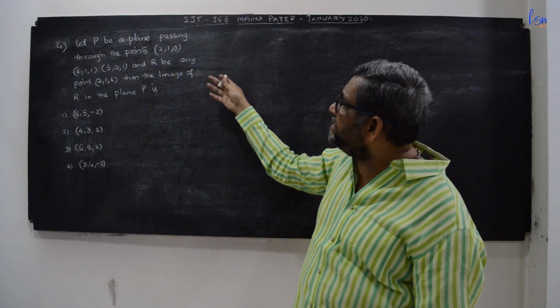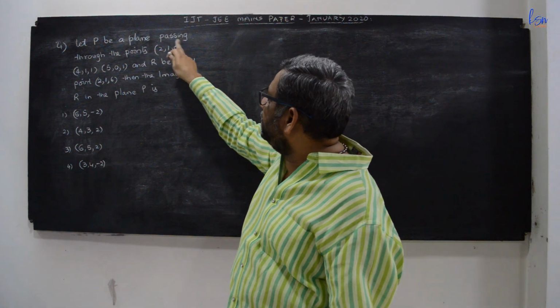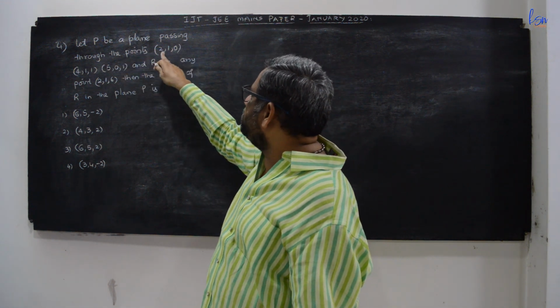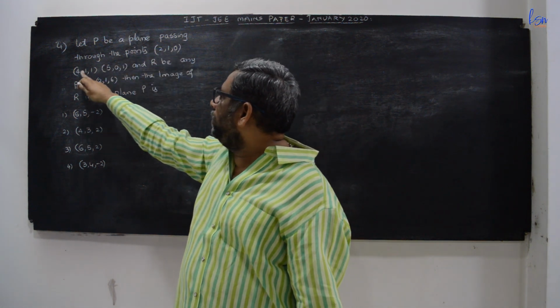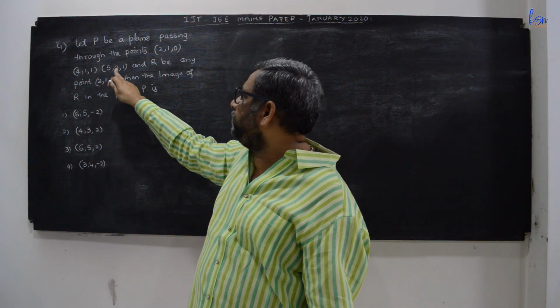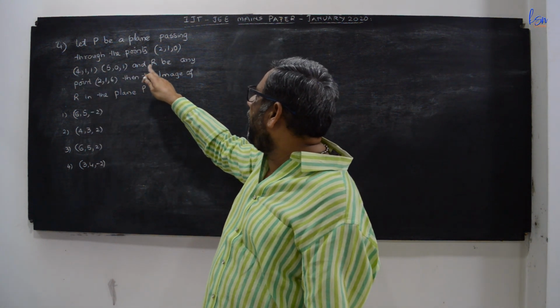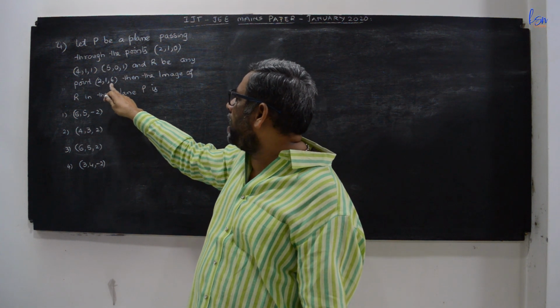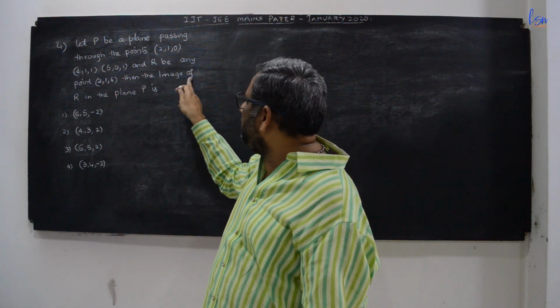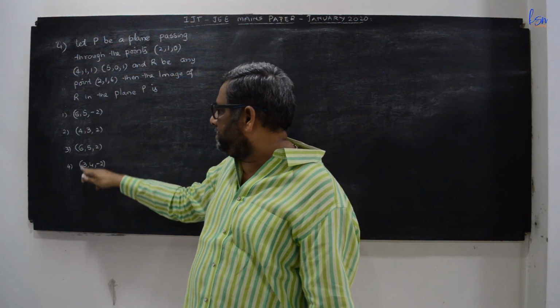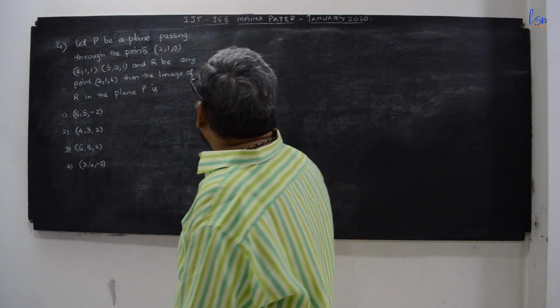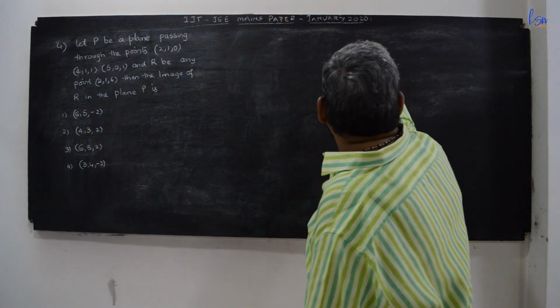The next question is, let P be a plane passing through the points (2, 1, 0), (4, 1, 1), (5, 0, 1) and R be any point (2, 1, 6), then the image of R in the plane P is. These are the options. Now, the equation of the plane